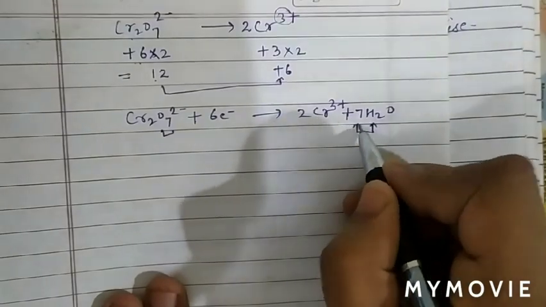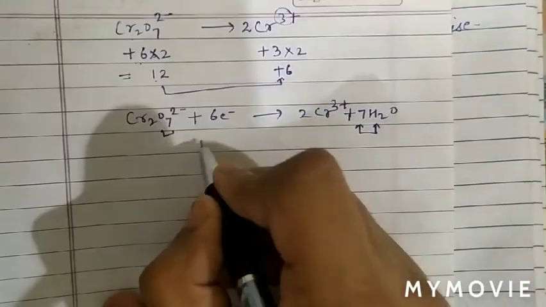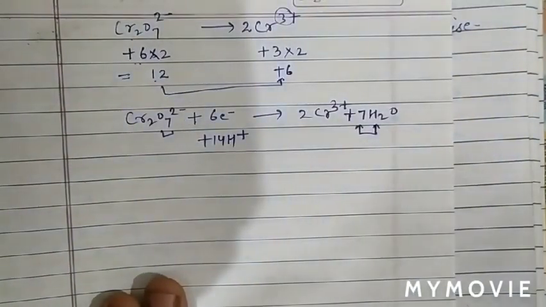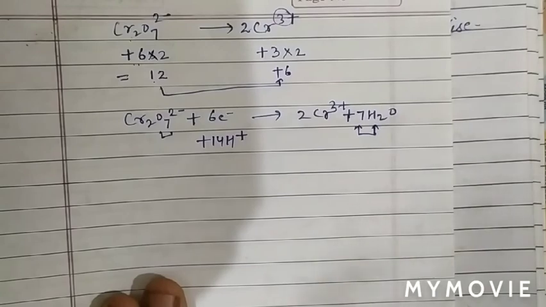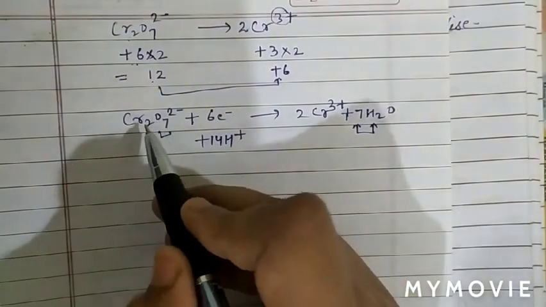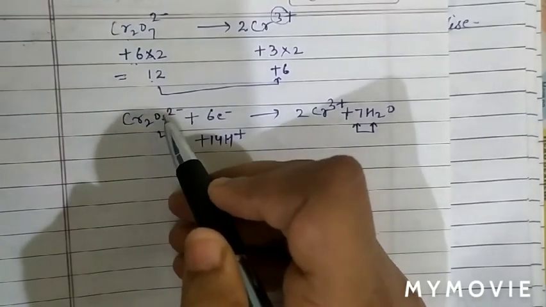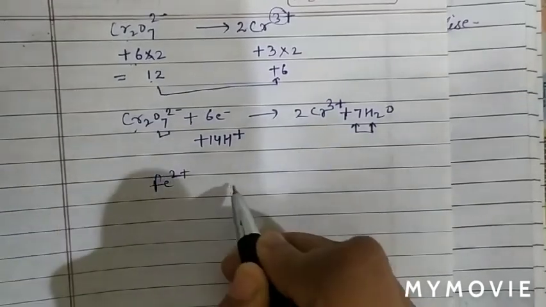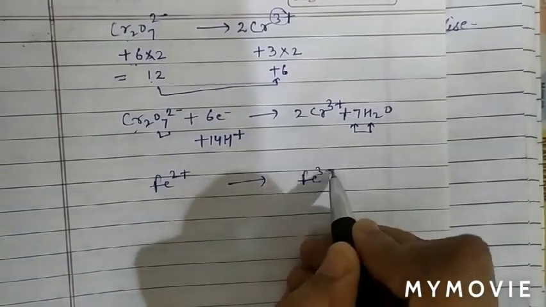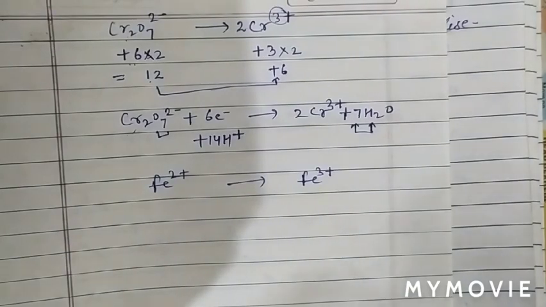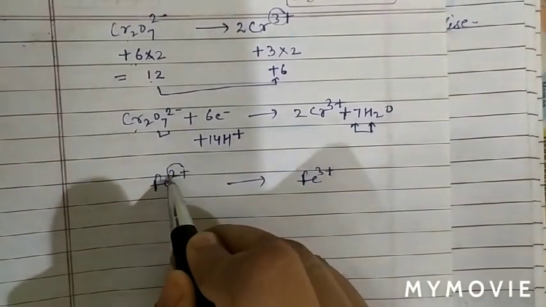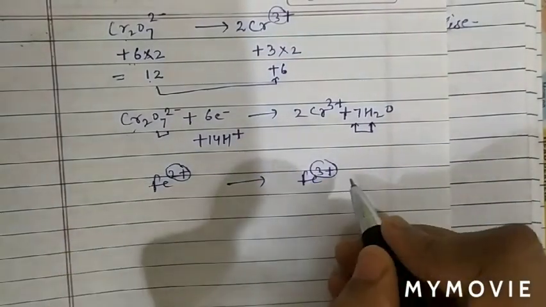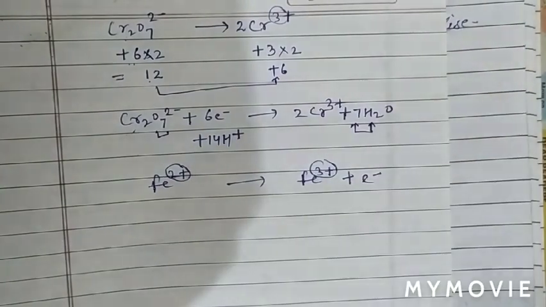Now as K2Cr2O7 is an oxidizing agent, it oxidizes Fe2 plus into Fe3 plus. So there is an increase in oxidation number from plus 2 to plus 3. So balance the oxidation number by addition of electron. As we can see, how many electrons are there? 6, and there is only 1 electron. To cancel out electrons, multiply by 6 and add. When we add, the 6 electrons cancel out. So the net reaction is